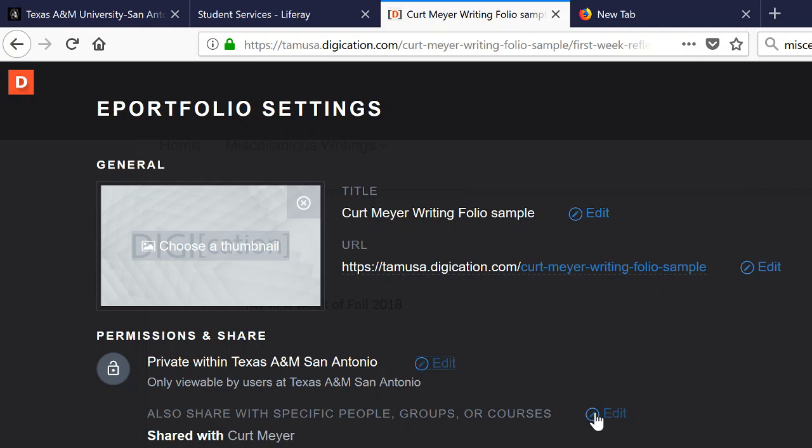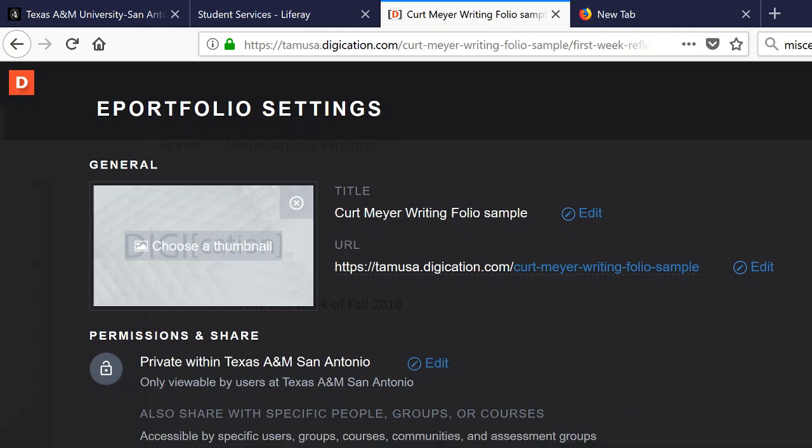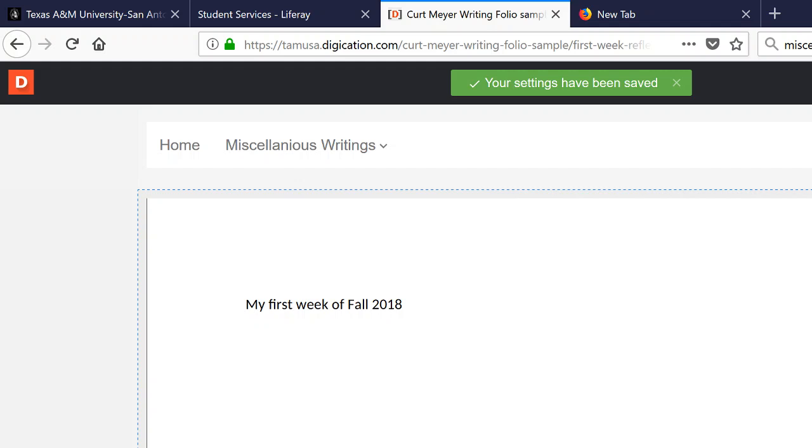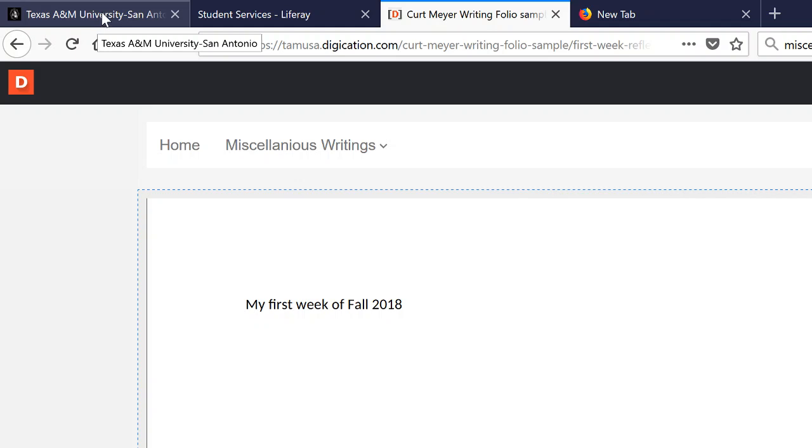But you're going to want to go down here to share with specific people and make sure that my name is in here, okay? And then you're going to have me on as at least an editor, probably a publisher as well. But then you're going to want to save these settings, because what this allows me to do is access your content via the URL that we're about to put in Blackboard. So let's go back to our